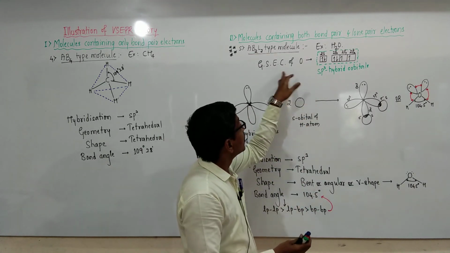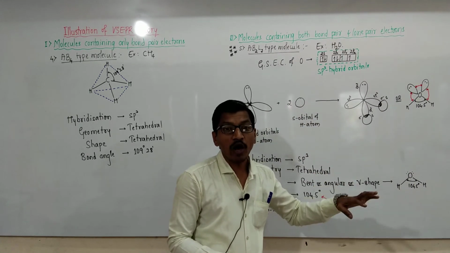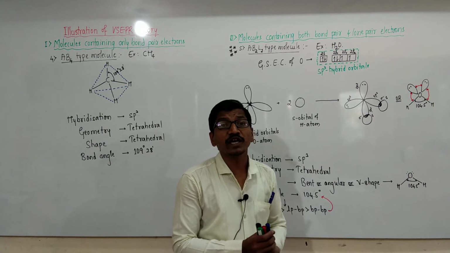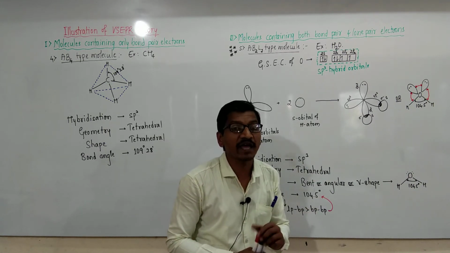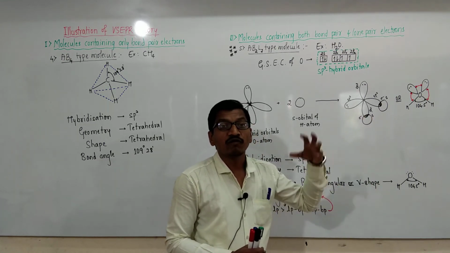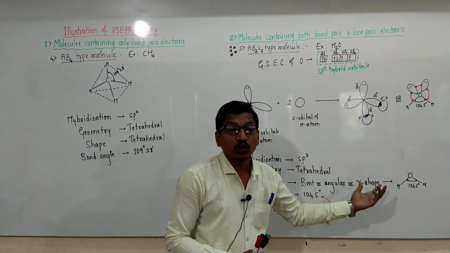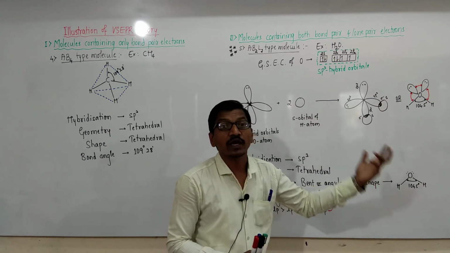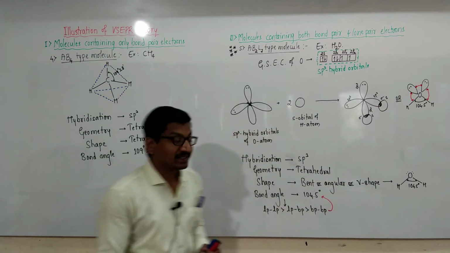But in these two examples, in their ground state only, the hybrid orbitals are formed, and the hybrid orbitals contain lone pairs as well as unpaired hybrid orbitals, and these unpaired hybrid orbitals overlap with 1s atomic orbital of hydrogen to form oxygen-hydrogen sigma bonds as well as nitrogen-hydrogen sigma bonds. These are the very important examples.